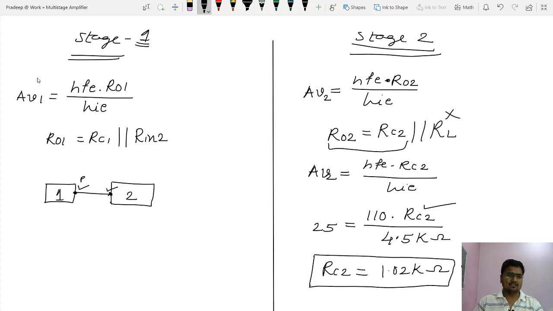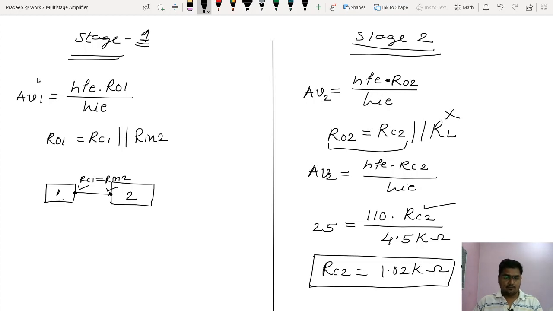Now what is this impedance? This is RC1. And what is this impedance? This is Rin2. It means if I want to transfer full energy from stage 1 to stage 2, then those two impedances should be matched. RC1 should be matched with Rin2. Then only I can transfer maximum power from stage 1 to stage 2. That's what the theory is, and this is the aim. I want to design an amplifier where the coupling loss is 0. So that's why I will match those impedances.